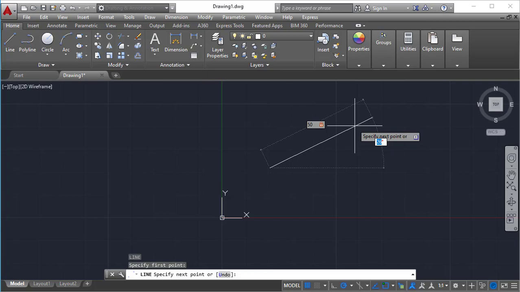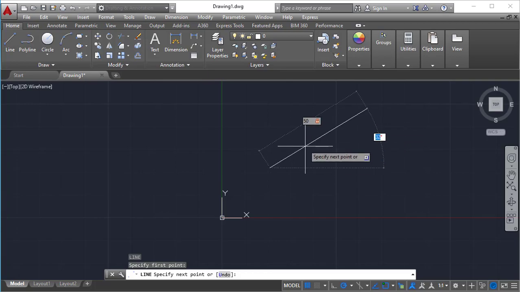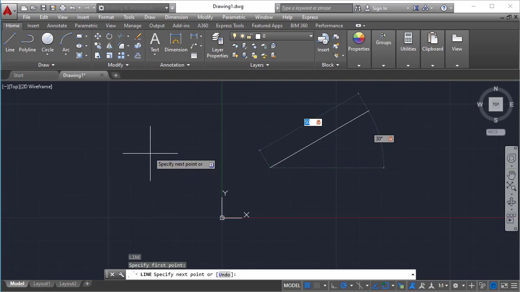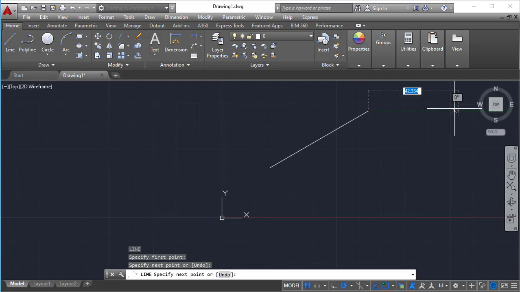And if you enter some value, like I am using 30, and if I click tab again, see, I am trying to move my mouse, but there is no change. Why? Because length and angle both are locked. All you need to do, click enter or left click somewhere on the graph. See, it is created with the 50 length and 30 angle. So this is all about function keys.